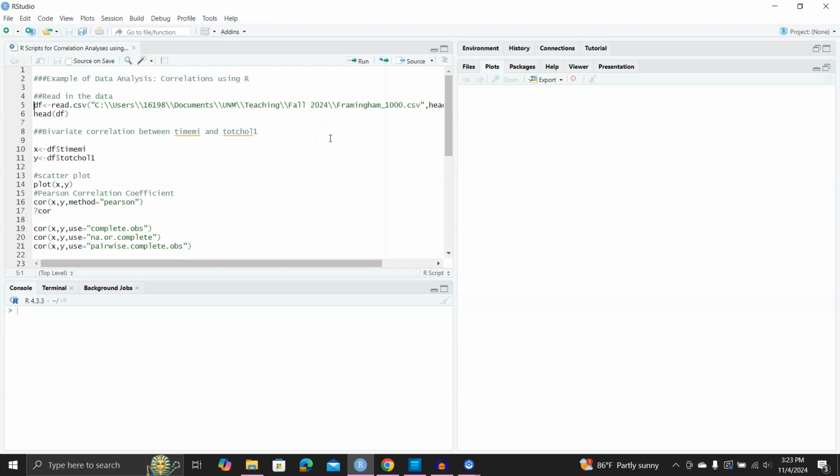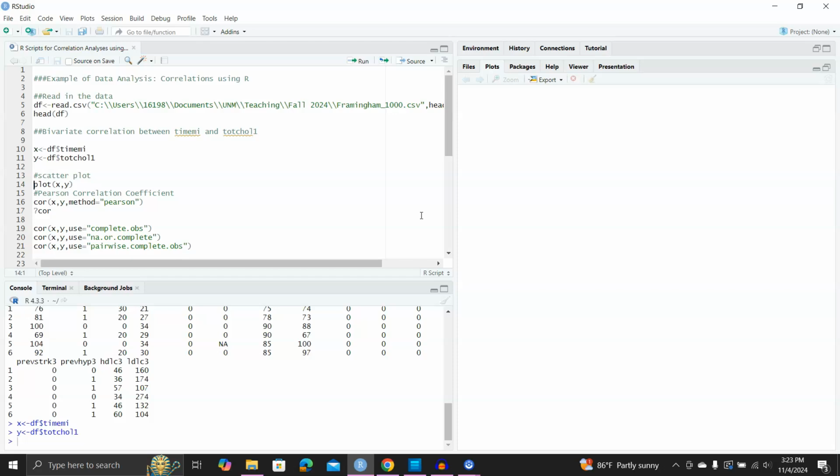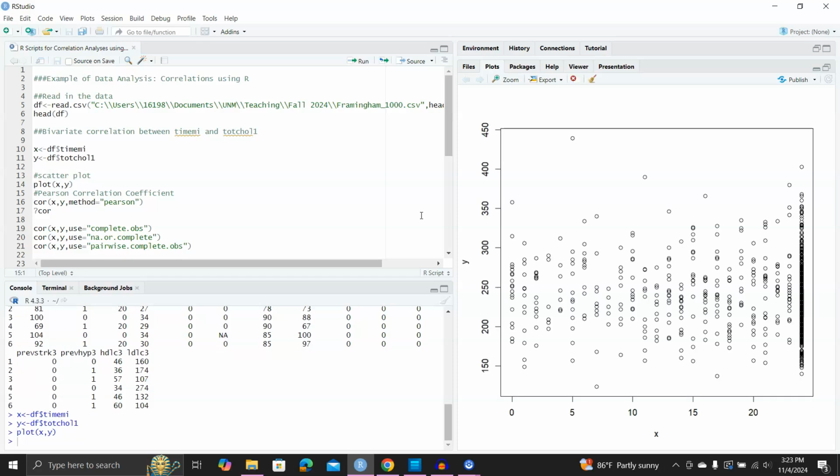Okay, let's read in the data. This is an example data set, the Framingham 1000. Here I picked the time to MI and total cholesterol level. Let's assign them to X and Y. The basic tool before we calculate the correlation is the scatter plot. So it looks like that. And then we can calculate the correlation coefficient